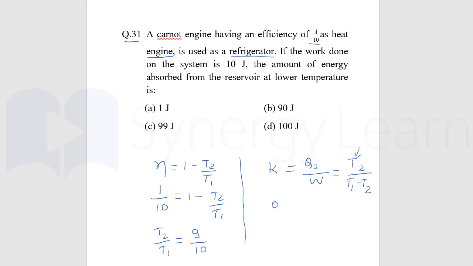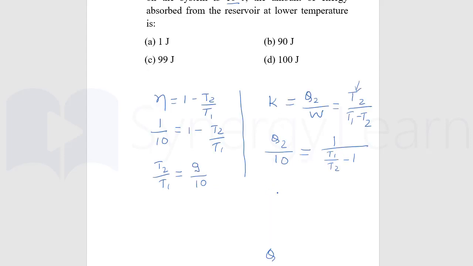So Q2 by work done, the work done here is 10 joule, is T2. So bring this T2 in denominator, we will have 1 divided by T1 by T2 minus 1. So Q2 by 10 is 1 by T1 by T2 minus 1. T1 by T2 will be 10/9 minus 1, so Q2 by 10 is 9 divided by 1, or Q2